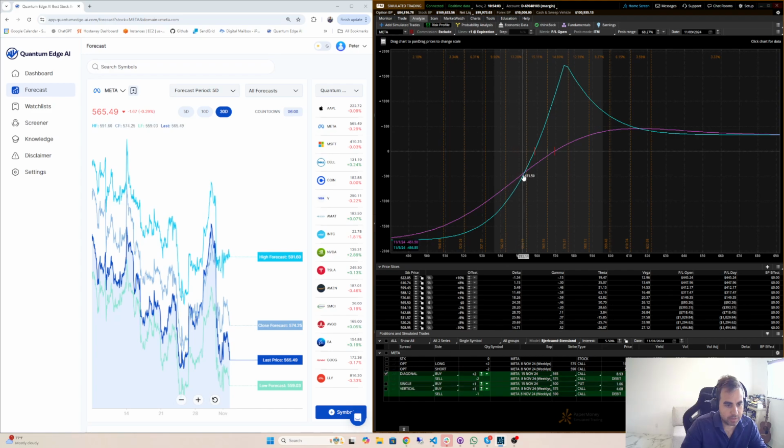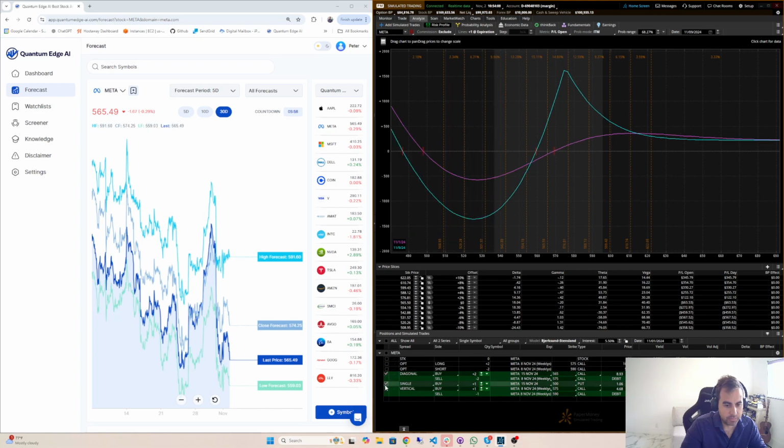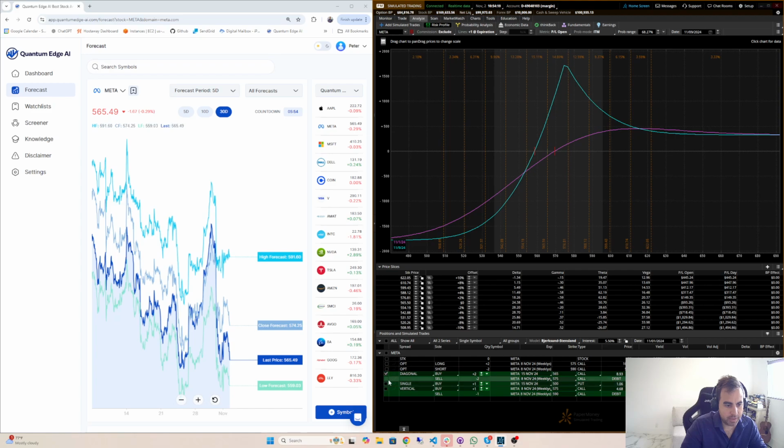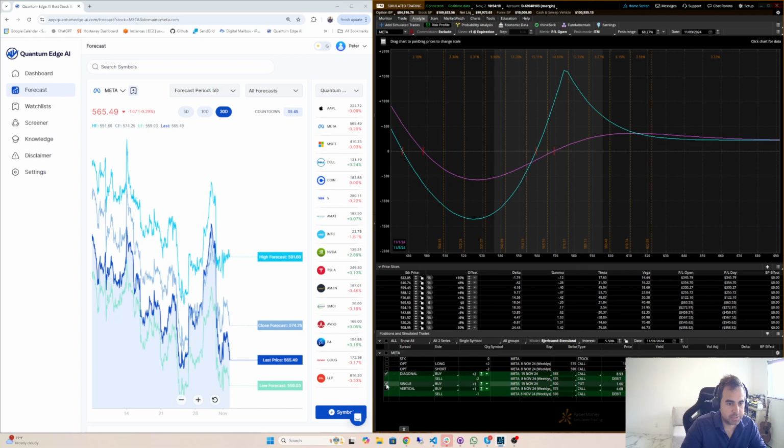So in the event that it does decrease to 530, you can remove the put hedge, and then as price maybe rises back slightly, you can close the diagonal. This is a nice structure because no matter what, whether you have the put hedge on or not, you're going to be